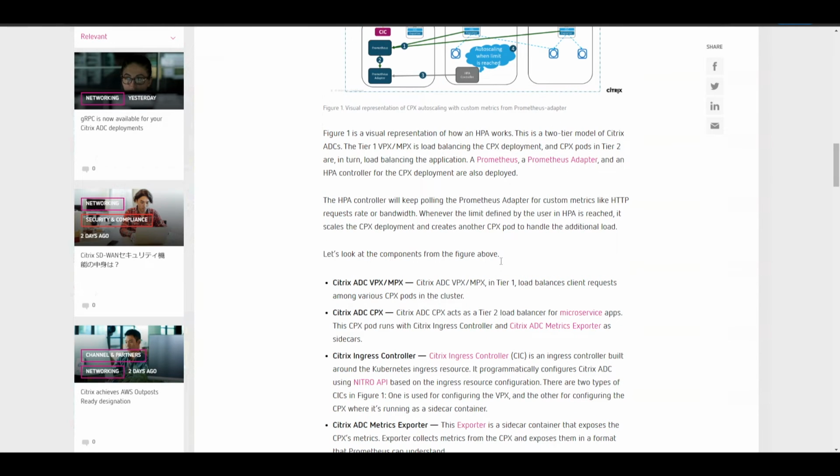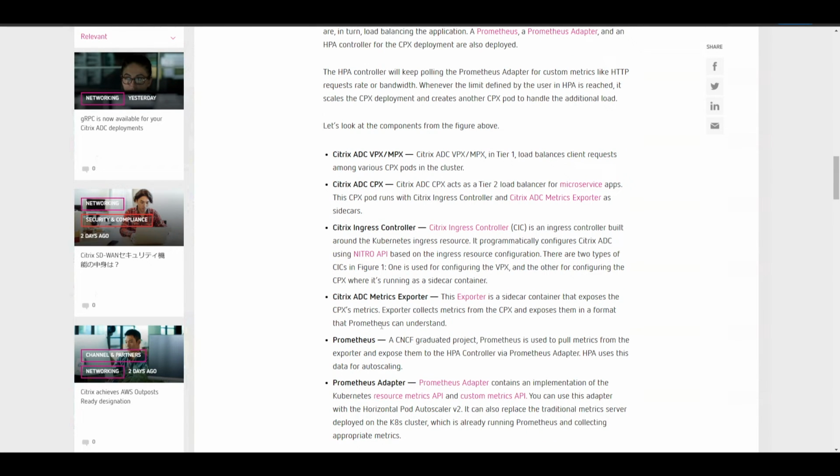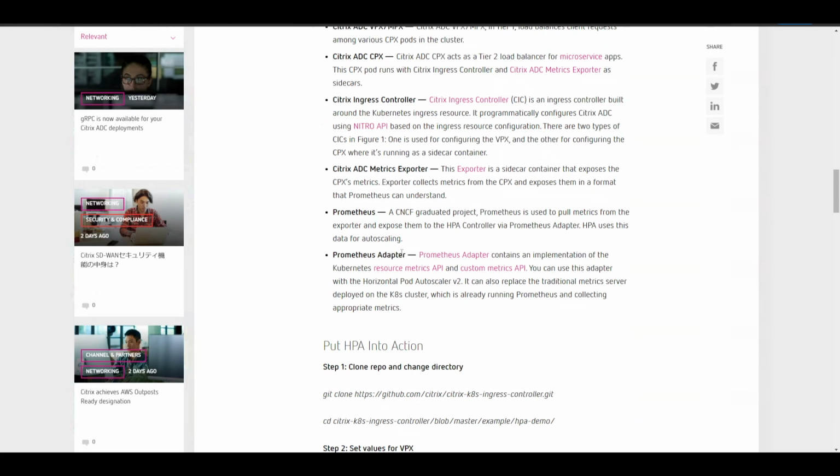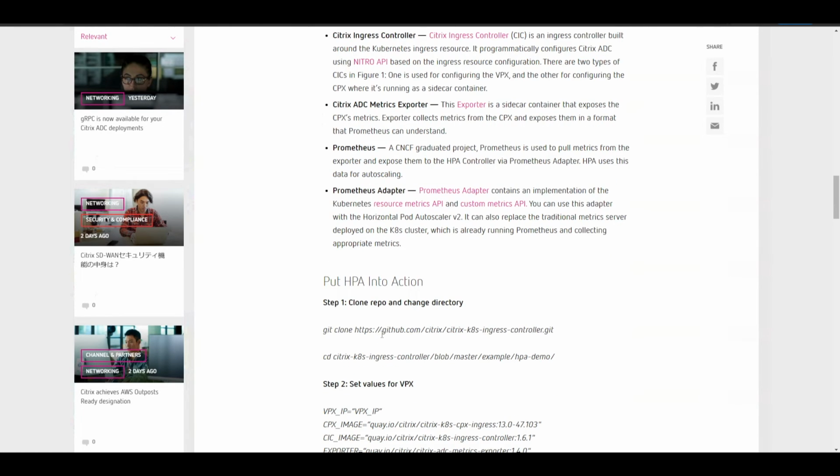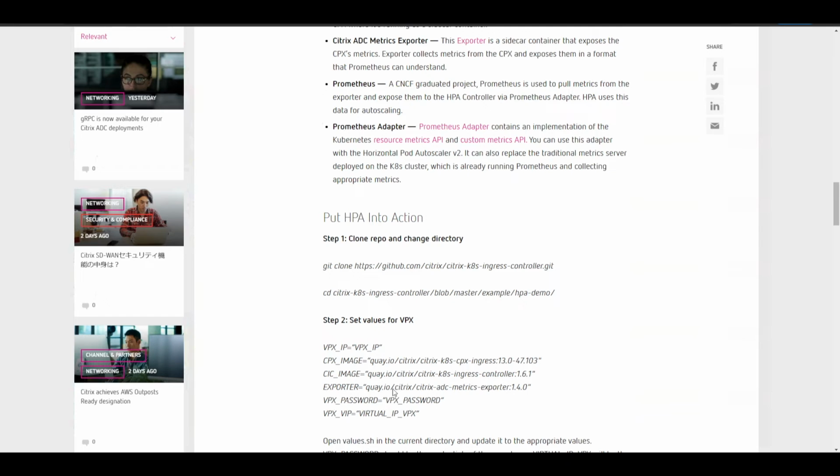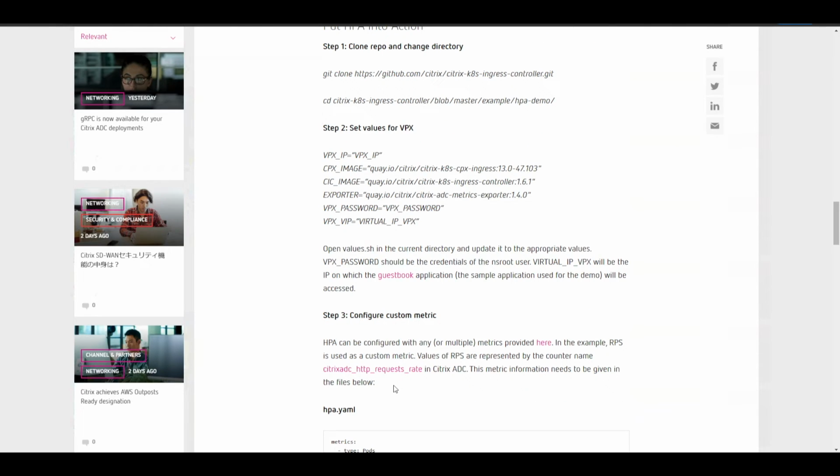So here we have the Prometheus adapter in addition to the Prometheus to feed in the metric that we have decided, like the HTTP requests per second, to our pod autoscaler to scale your pod or the microservice application dynamically.